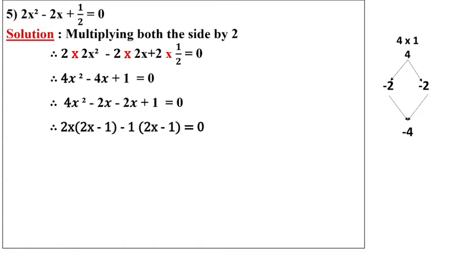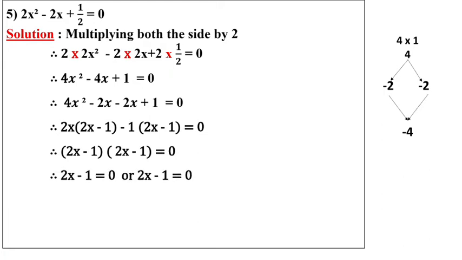In the table of 2, 4 comes 2 times and x is already out, then 1 will go inside, minus, and 2x is already fully out. Nothing remains, so what will we write? 1. The same bracket will be copied. Here you can see 2x plus 1 is given. 2x is already inside, nothing remains. What is the sign given? Minus, so minus 1 will come. We will take the common bracket and the uncommon bracket. 2x minus 1 equal to 0 and 2x minus 1 equal to 0. So minus 1 becomes plus 1 and 2 is given, the multiplication becomes divide. So the answer is 1 upon 2 and 1 upon 2 are the roots of the given quadratic equation.